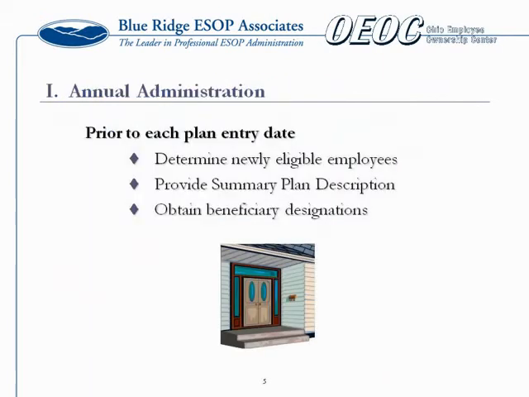Just moving on here, talking about the administration process. So we're into the plan year. Your provider will help you determine eligibility, and you do have a responsibility for newly eligibles, technically within 90 days of becoming eligible under the plan, to get them a summary plan description. Most use hard copy. It could be done electronically if you wanted that.